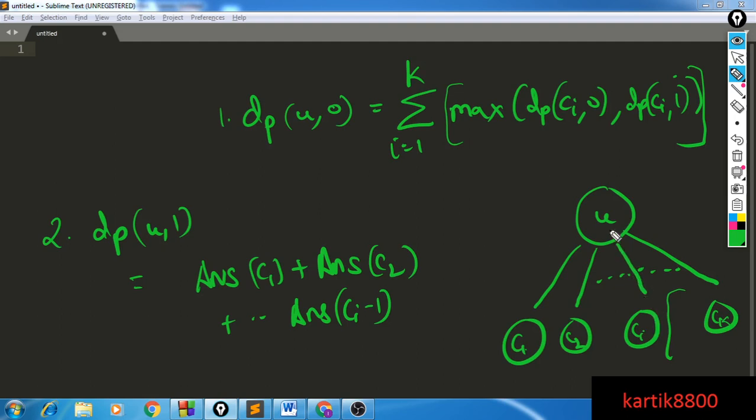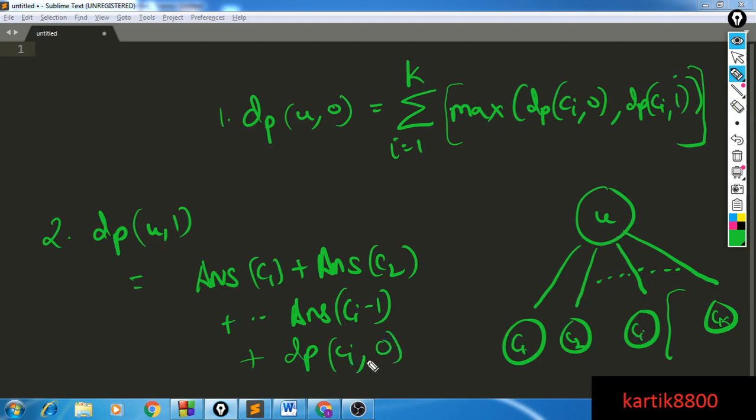But when you come to u to ci, this means that now no more edge can be selected such that ci is an endpoint of it. So you're going to need the best answer for this particular subtree rooted at node number ci such that no edge that has ci gets selected. And what is the maximum possible size of matching in such a case? By definition it is equal to dp of ci comma 0.